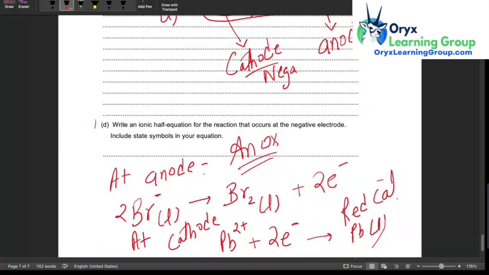Okay, so understand this. At anode, oxidation happens. Oxidation means loss of electrons. At cathode, it is reduction happening. So reduction is accepting of electrons. So 2Br minus forms Br2 plus 2e minus, and at cathode, Pb2 plus plus 2e minus gives you Pb. Okay, so this is what is happening here. Now the question here is,